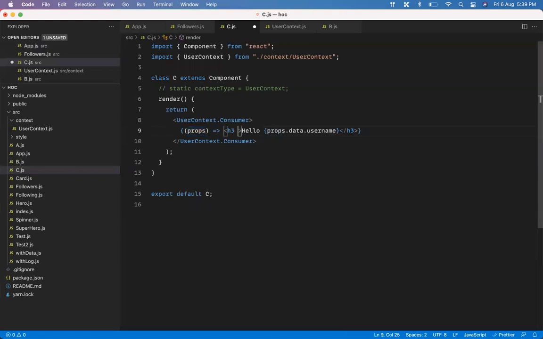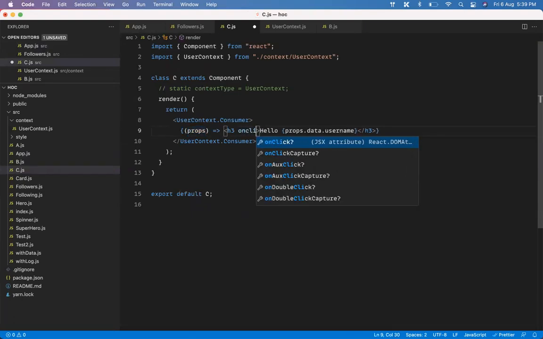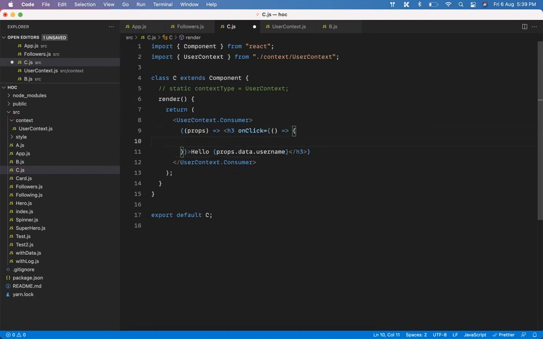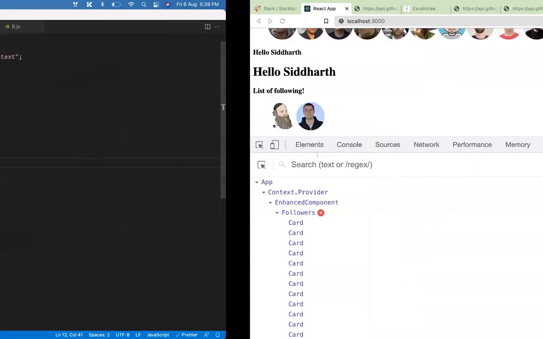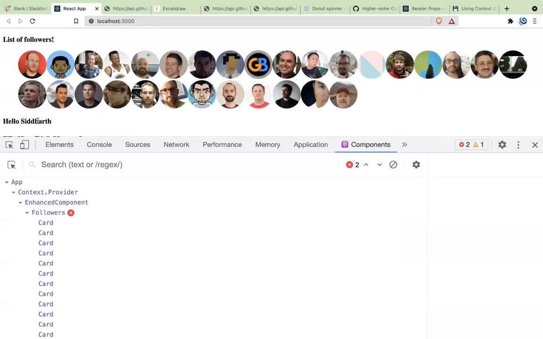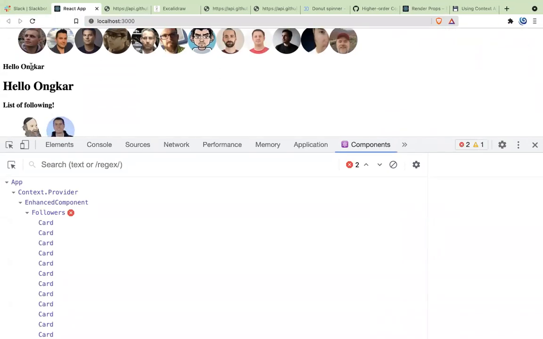So I can say on click, call this function, which is coming from props dot update state, with the name Onkar. Now you save it, click on it. Can you see you changed the data here, but it changed everywhere? Can you see that? Yes.